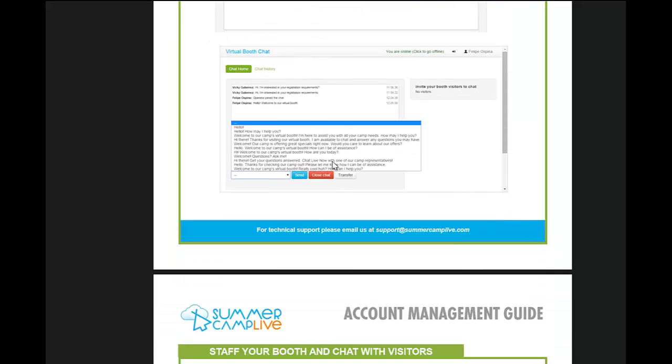Also, there are canned messages to greet that particular parent, and there are quite a few to pick from. So if you don't feel like typing your own welcome message, you can just click on this drop down arrow, and these messages will show up. And whichever one you like the most, or whichever one applies the most, you'll simply select,